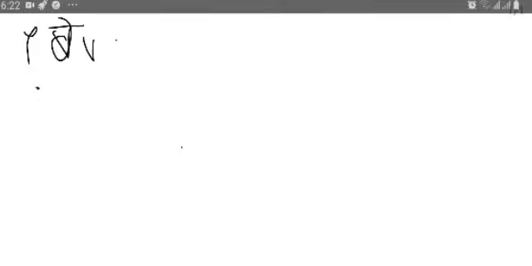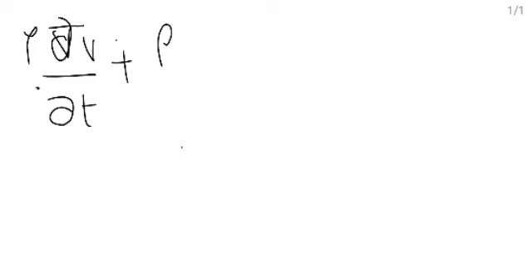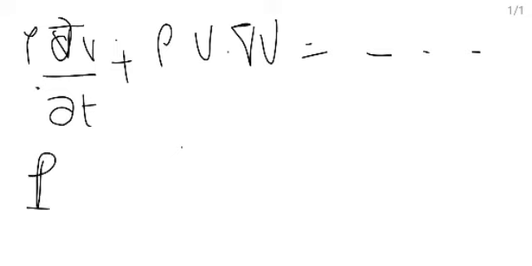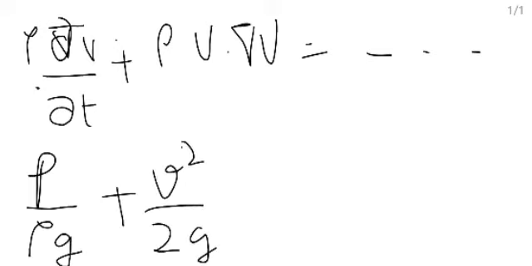Sorry, there has been a mistake in the previous slide. There is a mistake in the last steps, that is it is rho, I have not considered rho del v, rho dou v by dou t plus rho into v dot del v equal to so and so. So we have rho there. Finally Bernoulli's equation we will be obtaining as P by rho G plus v square by 2G, and we have minus z, and for that if we are taking